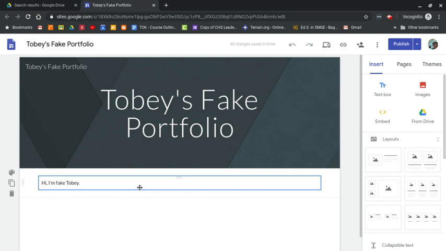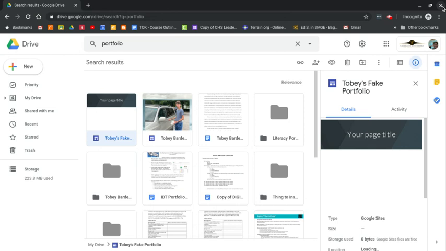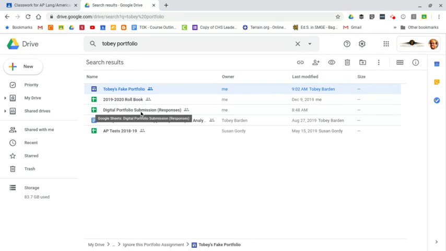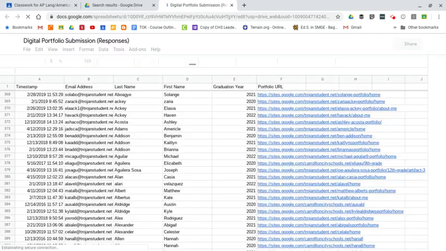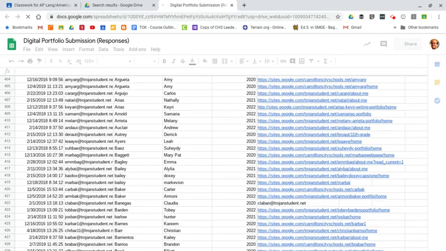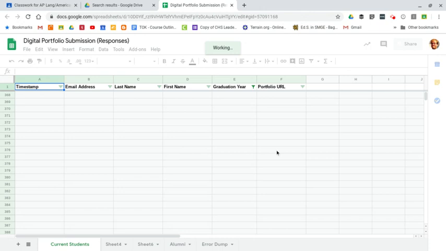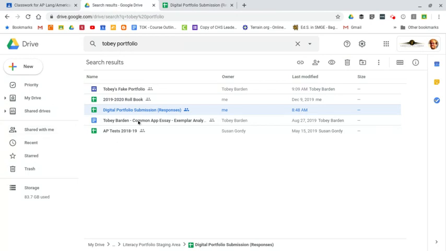It will require either sending an email or sending the student to see the teacher who owns the portfolio, but that's pretty easy. The other thing I was going to show you, because I think part of the reason this happens is that when teachers want students to turn in portfolios, they have them do it on Google Classroom. There is a file, and if you find digital portfolio submission, you should have access to this file. And this has everyone who has submitted their portfolio. It has their portfolio URL, so that, instead of having the students turn in the portfolio, what I have them do